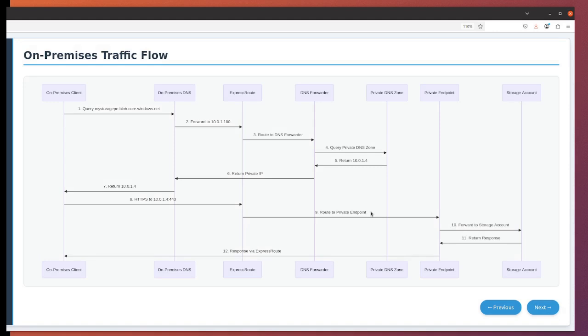Traffic flow analysis. Understanding traffic flows helps with troubleshooting and network design validation. On-premises traffic flow involves DNS resolution through conditional forwarding to Azure, followed by application traffic over ExpressRoute or VPN. DNS queries go through on-premises DNS to the conditional forwarder, then to the Azure DNS forwarder virtual machine, and finally